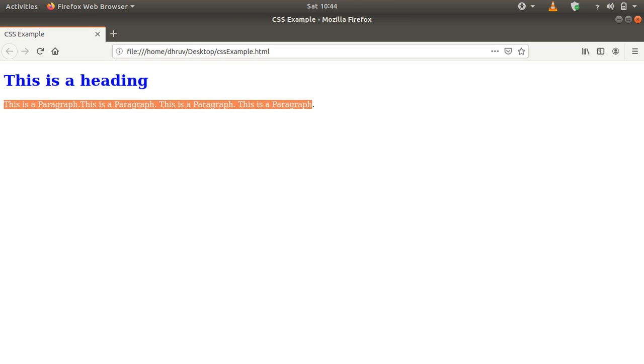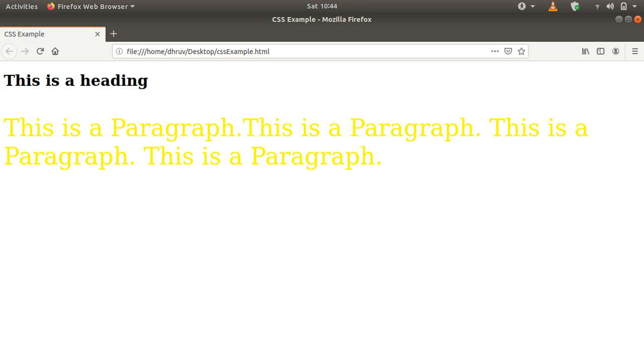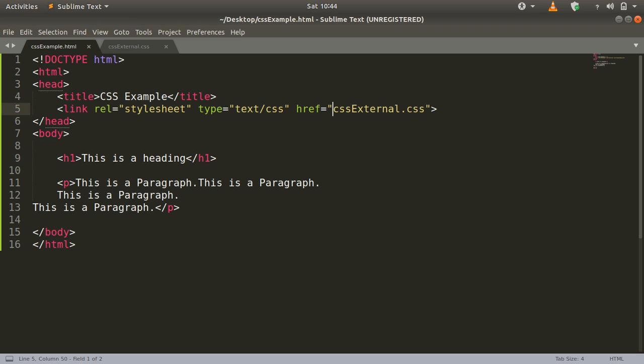So now let us see what changes are there. Okay, you can see that the font size has been changed considerably and also the color has been changed. So this was the basics of CSS, how we can use CSS and how many types of CSS there are. We will be using external CSS in most of the videos. I hope you like this video and stay tuned. We are going to cover the very basics of CSS in the next video. So see you in the next lecture.